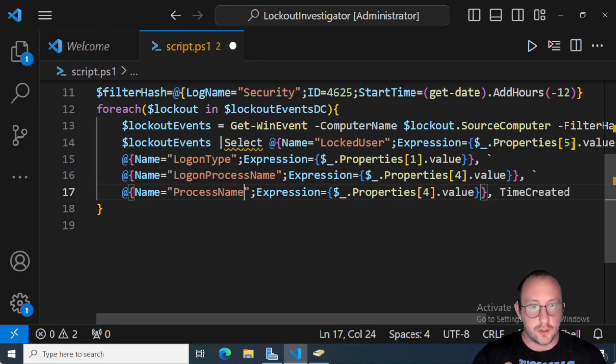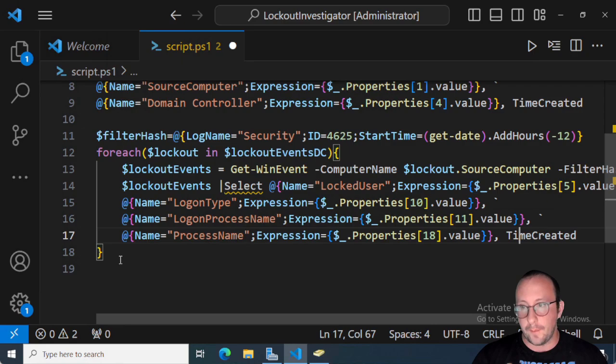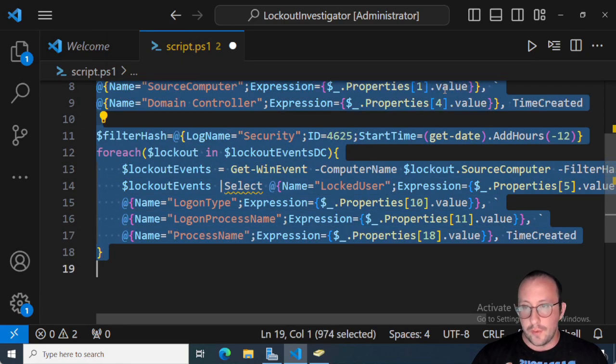So we've changed locked user to 5. Logon type is going to be properties 10. Logon process name is going to be properties 11. And the process name is going to be properties 18. And we still want the time created. I really like the time created. It just gives you a much better idea of what exactly is going on. So now if we go ahead and we look at this now,